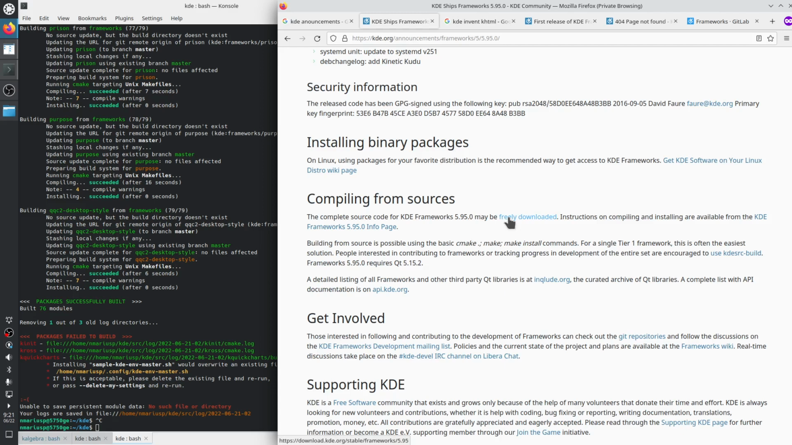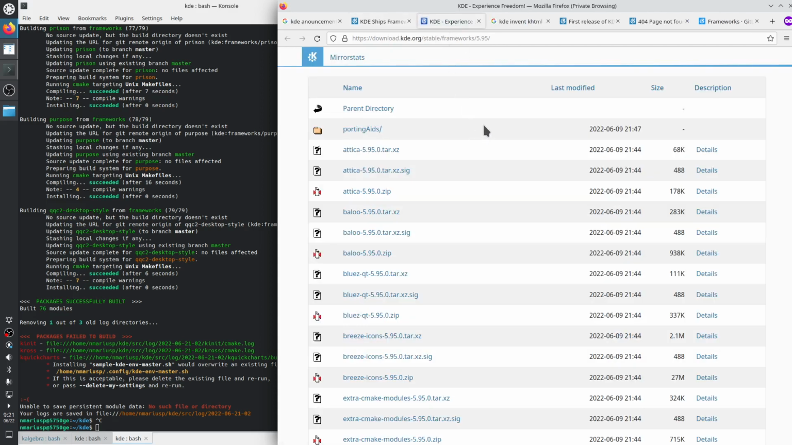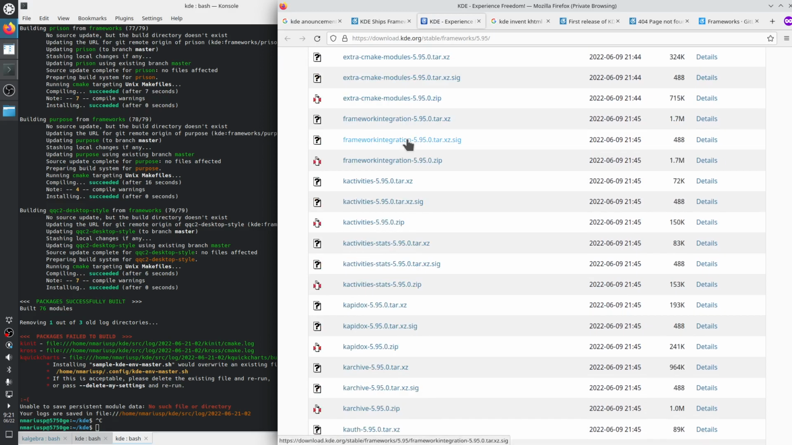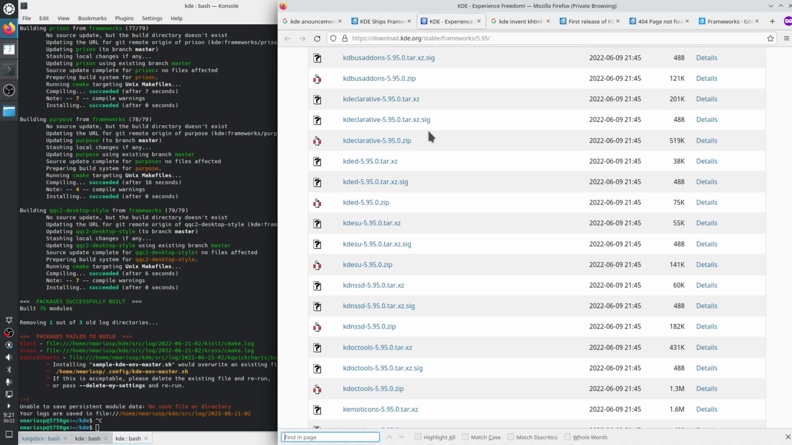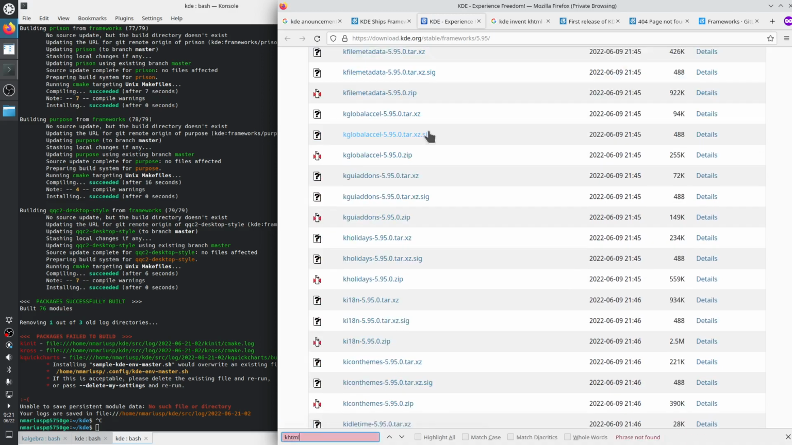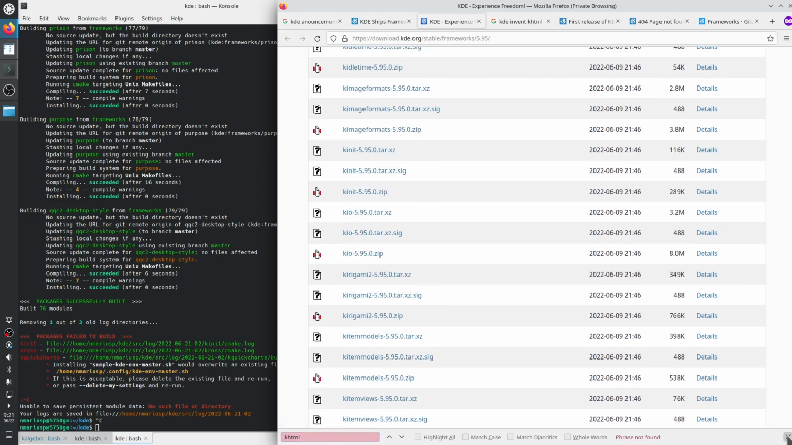So at the end of the announcement page for the KDE Frameworks 5.95.0, we have the download page where we can download tar.xz files, which contain the source code that you can then compile. And in here, if you search for KHTML, you will not find it, because